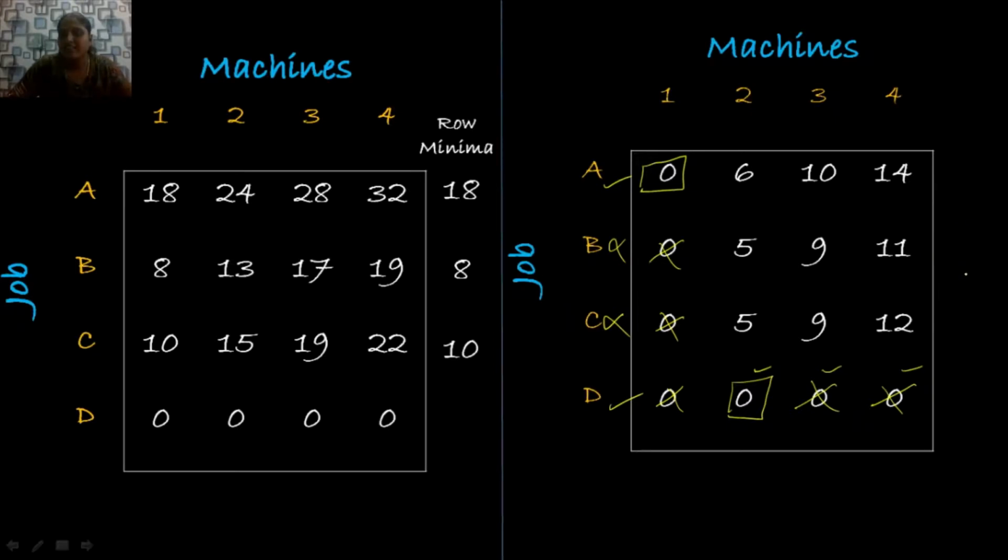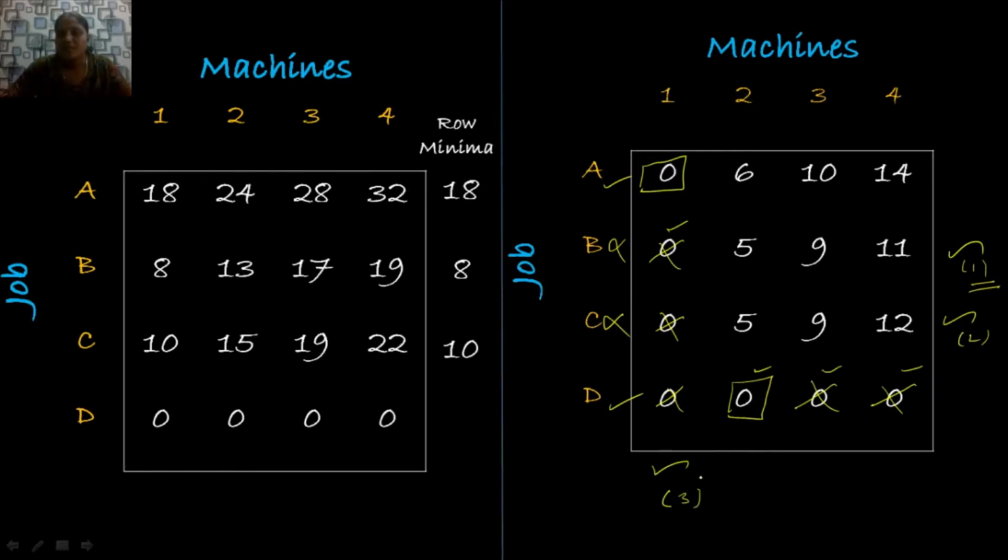Look at the rows which don't have any assignment. These two are the rows which don't have any assignment. So we mark these two rows and I label them as 1 and 2. So these two rows, that is second and third row, don't have any assignment. So mark these two rows. In this row, check whether there is any zero element. Here there is a zero element, so you mark this column. This is your third mark.